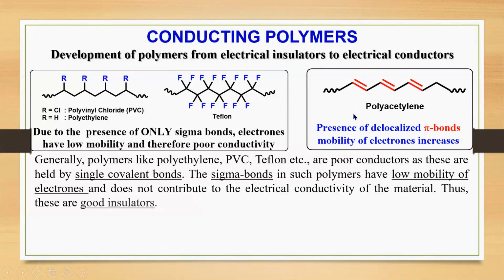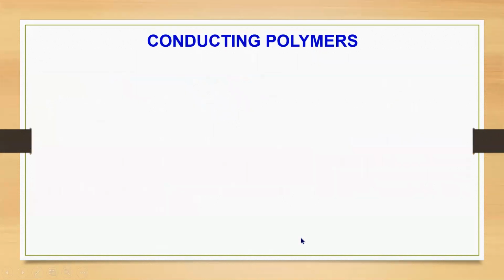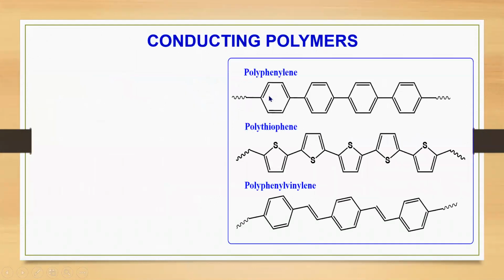So polyacetylene is a case which forms a case of conducting polymers. Formally, we can say that some polymers under certain conditions have electrical conductivities comparable to that of metallic conductors due to delocalized pi electrons, and such polymers are called conducting polymers. Now, examples of these conducting polymers are polyphenylene, polythiophene, polyphenylvinylene, and we can see that each of these polymers have